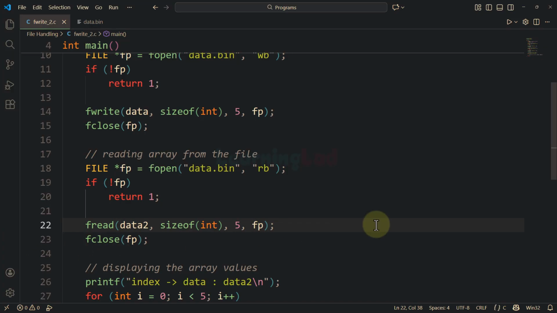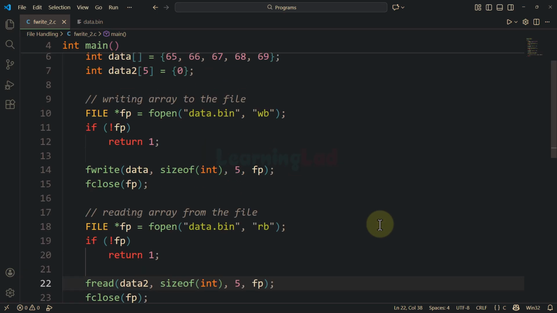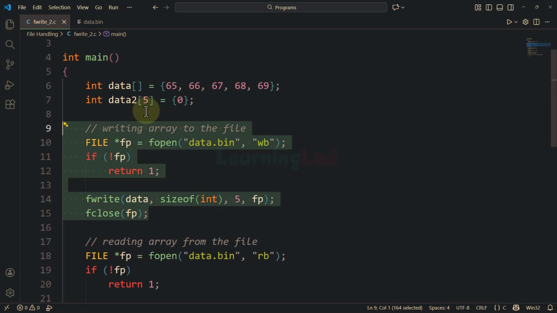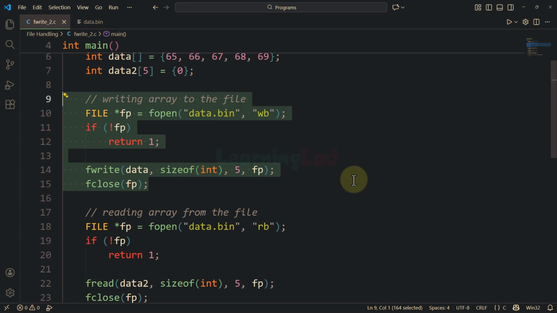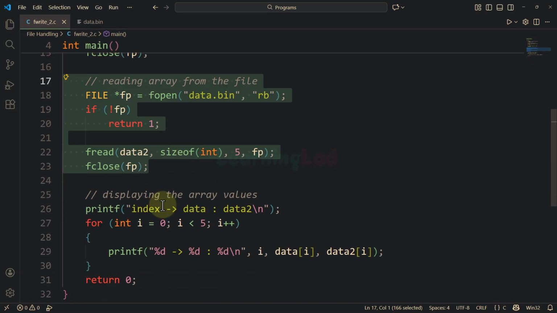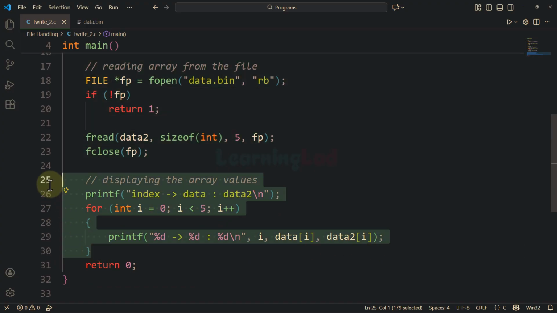So now if I save this program and run this, this part of the code will write this data array to the file in binary form. And then this part of the code will read that file and store the values in this data2 array. And when this part of the code displays the values of the data and data2 arrays,